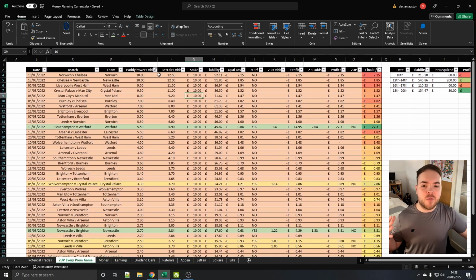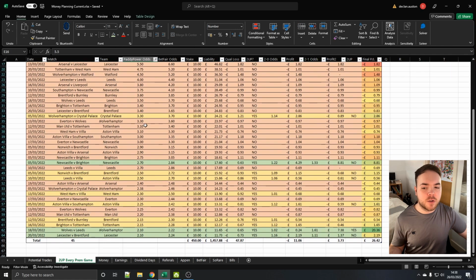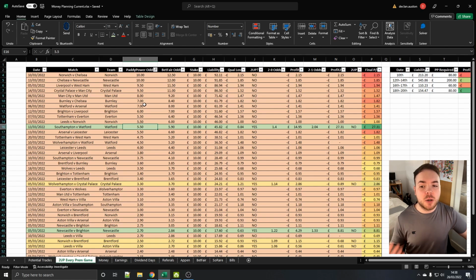Now you can see, if we sort by highest odds to lowest odds over on Paddy Power as well, that in general, a team with odds of 7.0 and above, maybe even 6.0 and above, might not be worth even risking doing, because the chances of that team going 2-0 up, don't get me wrong, it can still happen, and if a team does do that, so if we take Norwich versus Chelsea here, Norwich were odds of 10.0